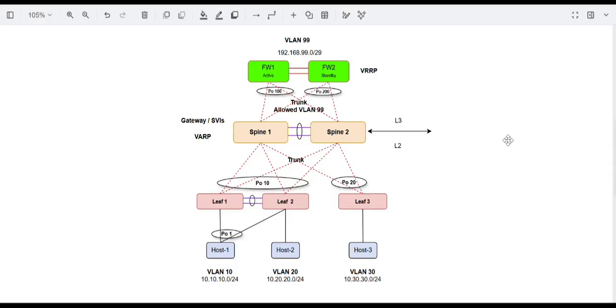And I have three leaf switches. Leaf 1 and 2 are in MLAG, and leaf 3 is standalone. And I have two spines. Spines are in MLAG, and I have two firewalls. It is an active standby firewalls. Firewall 1 is active, firewall 2 is standby, and all the leaf switches are connected to both spine